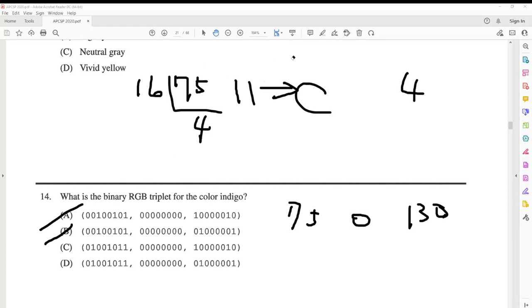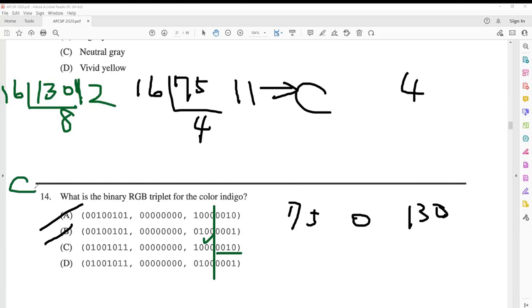Now next one is using the 130. So 130 would do the same thing. Our 130, we divide it by 16. So let's see, this is 5. When we have 4 it is 64. So here let's have A, it will be 128. So remainder 2. So it should be A remainder 2. Let's cut it over here. So this is 8 remainder 2 here. So the answer is C for number 14.